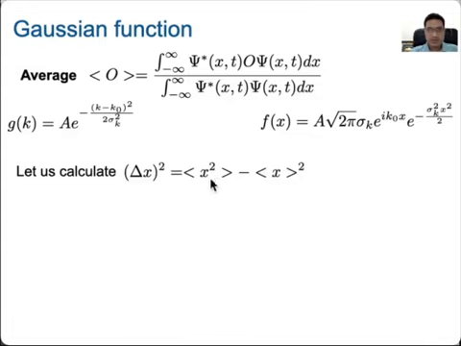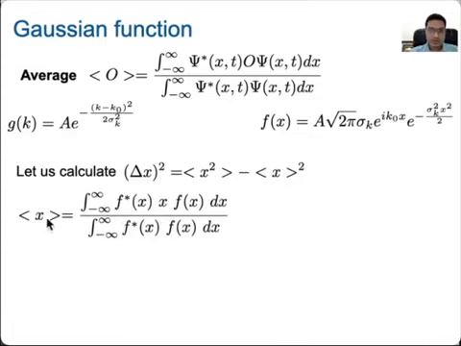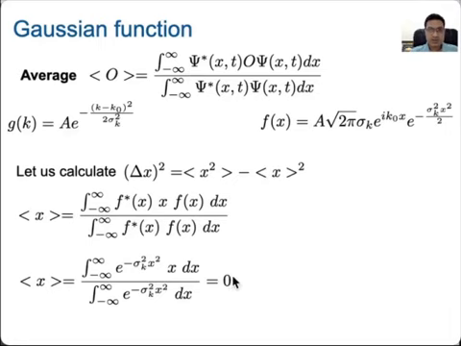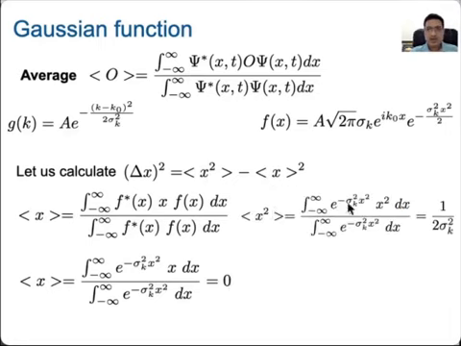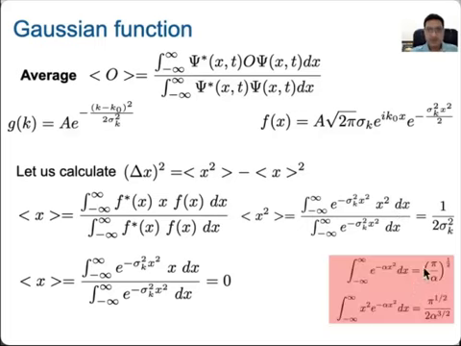So we can estimate this quantity. First we will compute the average of x. When you compute the average of x, you know all the values, you know how to perform this integral. You can verify by yourself that it turns out to be 0, and when you want to compute the average of x square, then it will come out to be 1 over sigma k square, by using this definition.